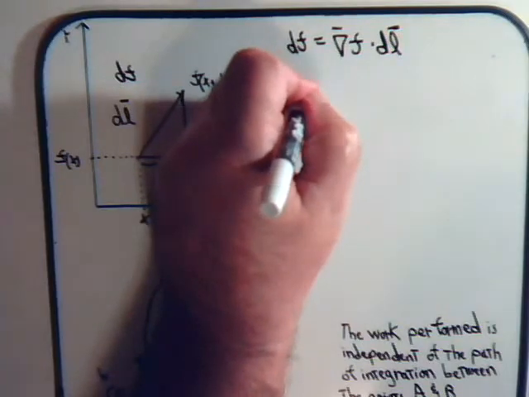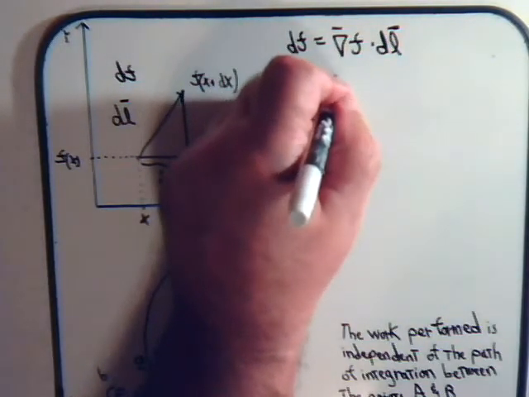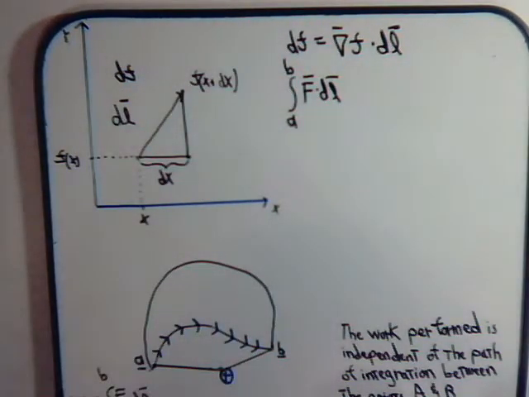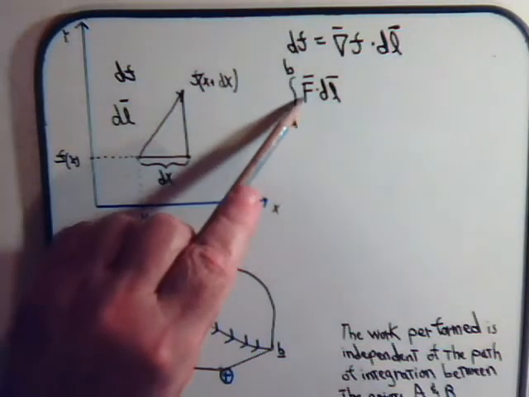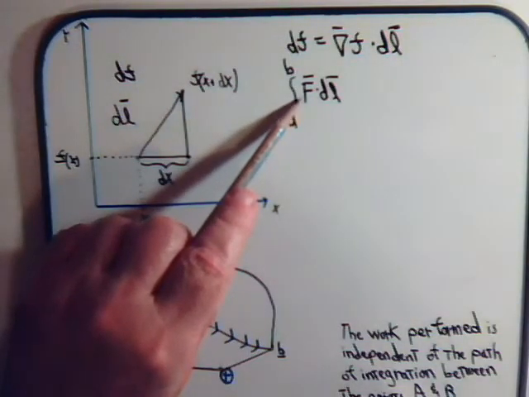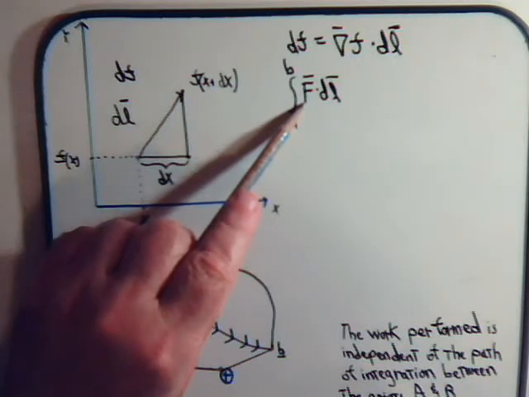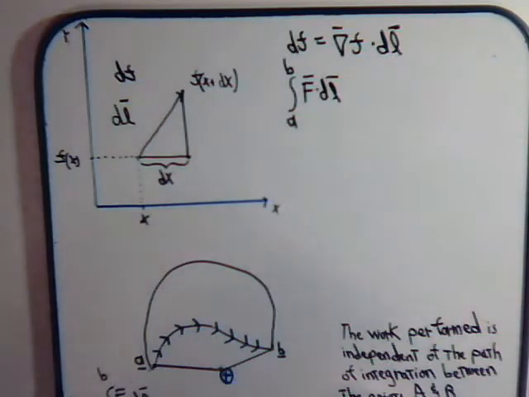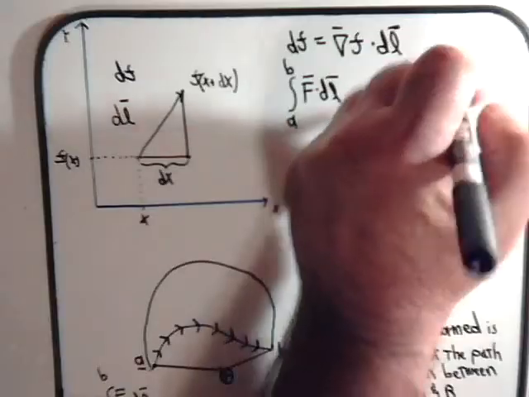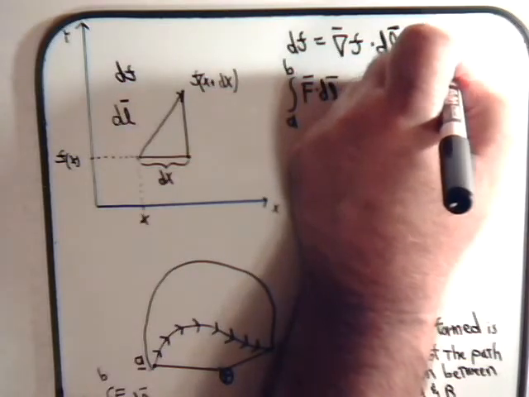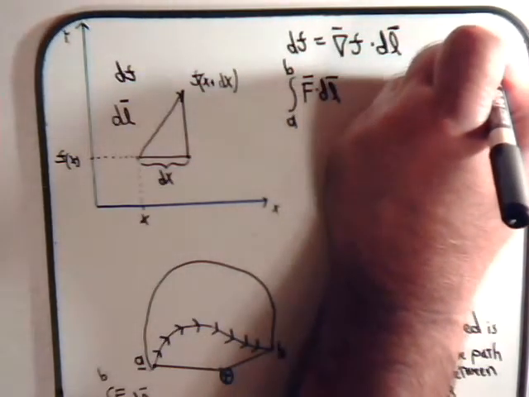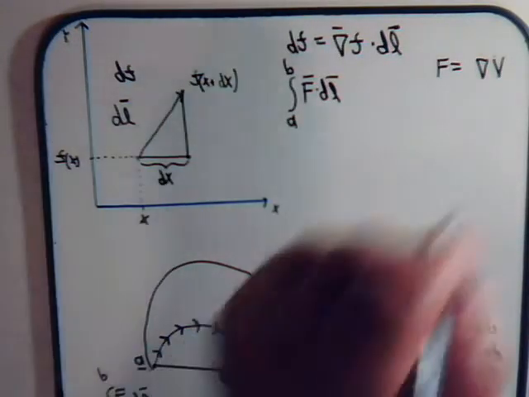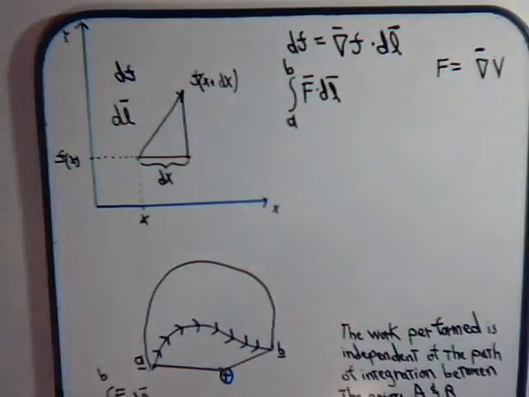Its general expression is F dot dl, going from A to B. Now suppose that the vector F is the force vector, and suppose that this force vector was the gradient of some scalar quantity. Suppose that F was the gradient of some scalar quantity, we'll call it V. Then,